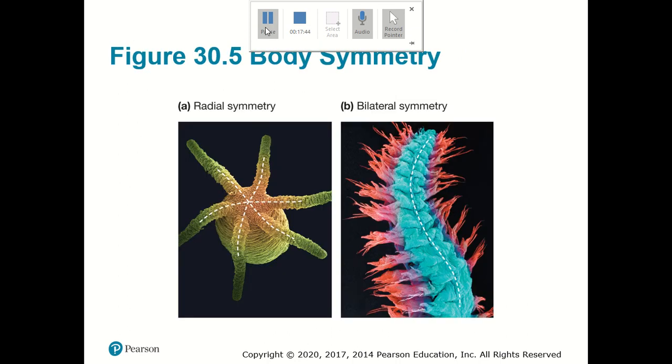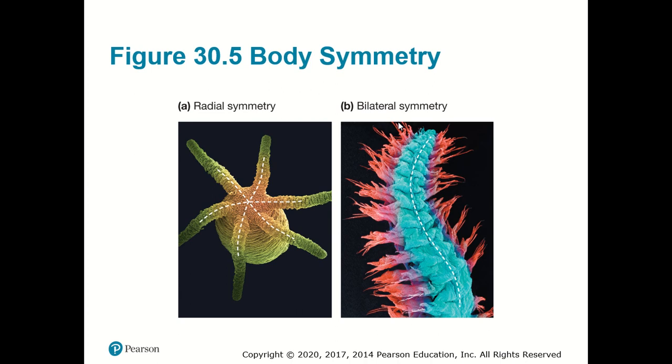So later on in development, when mature animals manifest different kinds of body symmetry, different kinds of body plans, let's go ahead and start off with radial symmetry, which is symmetry on essentially two planes. So you have your cnidarians showing radial symmetry, and again this is symmetry on 2 planes. Just 1, 2,